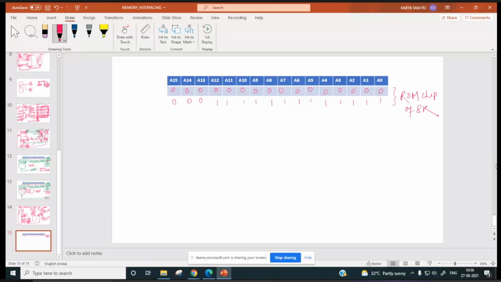So what is the address? 0000H. And here, how much is it? What is the final address of the ROM chip? 1FFFH. So what will be the next address?